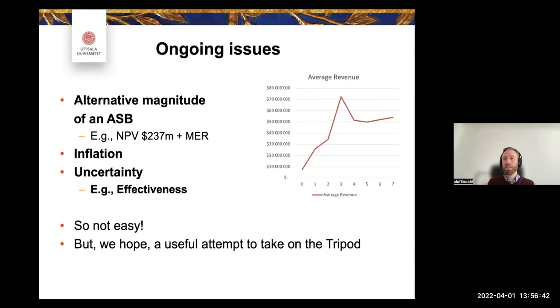So we're having a lot of fun with this, developing it further. Of course, today we also have inflation to work with, and other cases of uncertainty that also need to be folded into this type of design. So it's not easy, but it's quite a lot of fun. And as I said in the early part of this presentation, it's an exploratory first part of trying to combine innovation and stewardship incentives at the firm level. So that is what we've tried to do, and it has proven difficult, but possible, and it has raised a number of new interesting questions, we believe. So we're very happy about this project.